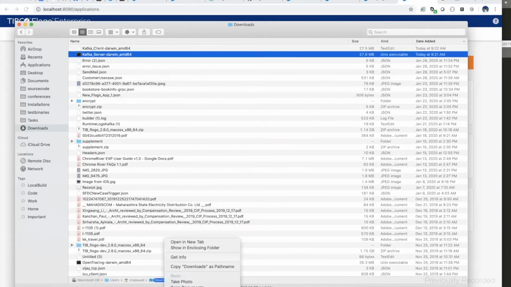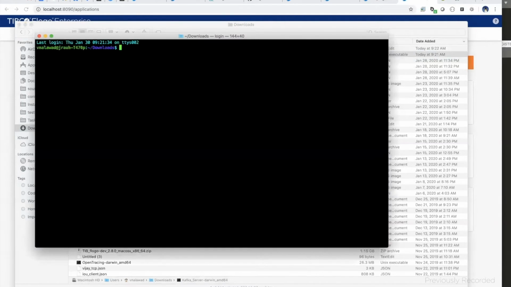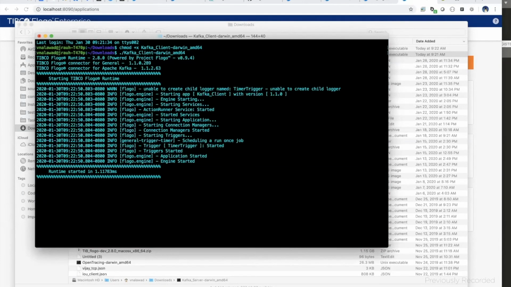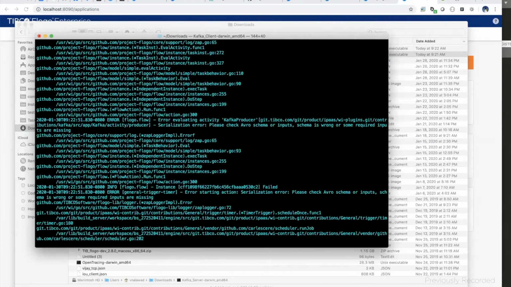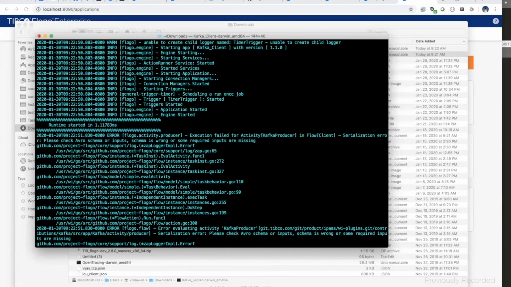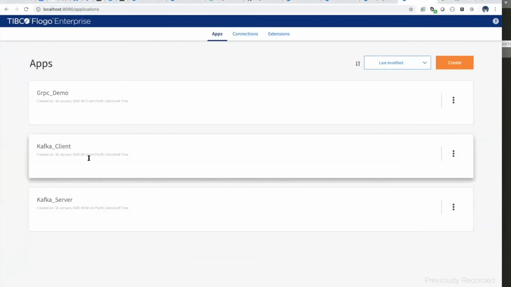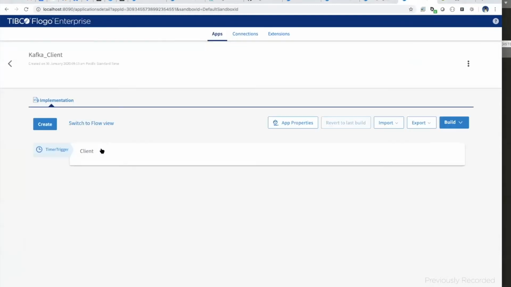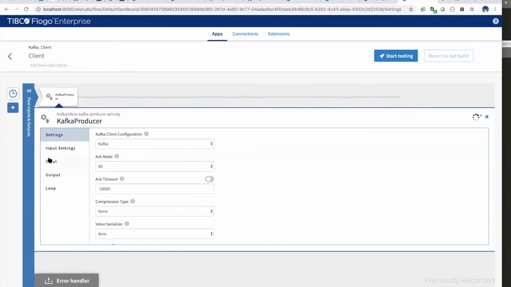Let me change the permission. Client. Okay, let me run the client now. So something is wrong with the client. Let me see. Inputs are missing. Okay. Fine. So what I can do is quickly do this.